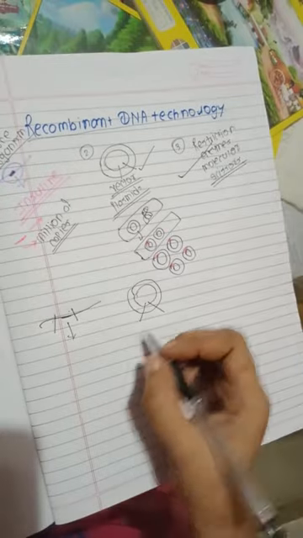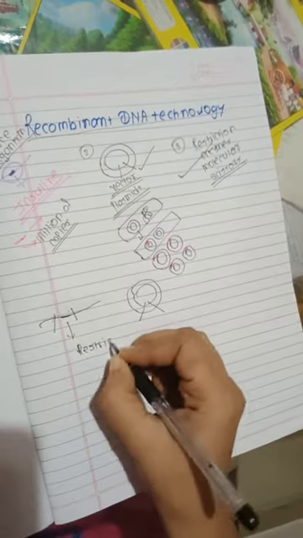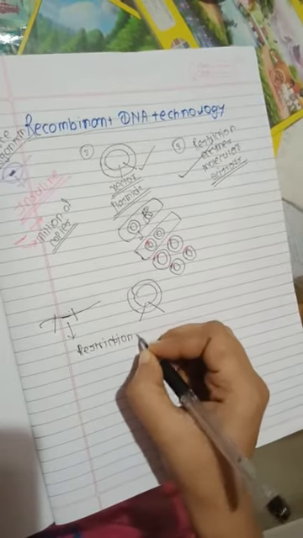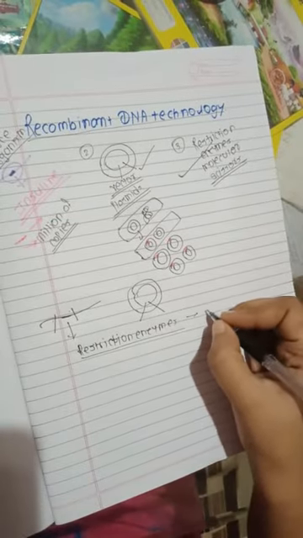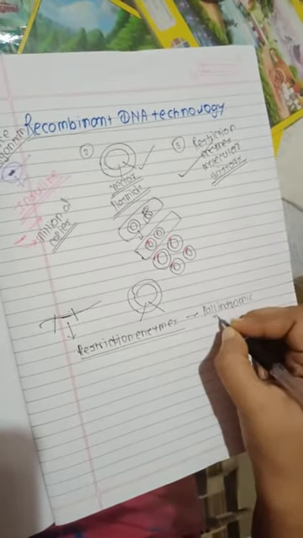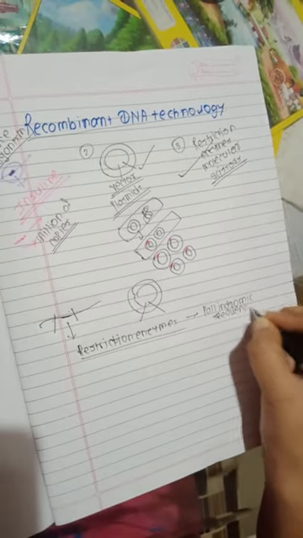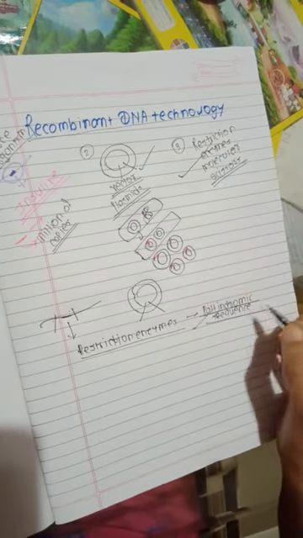Now, the characteristic of restriction enzymes is where they cut: they cut at specific palindromic sequences. Let's talk about what these palindromic sequences are. The restriction enzymes are going to cut your DNA and the plasmid, but remember, they are not going to cut at random sites, they are going to cut at palindromic sequences. So what are these? Suppose these are special recognition sequences.